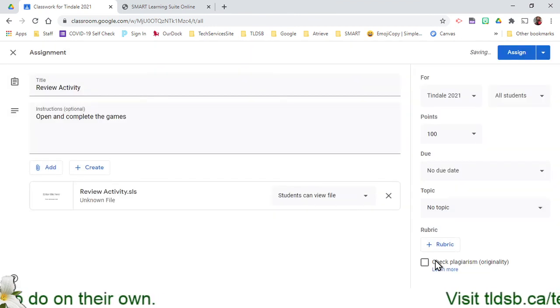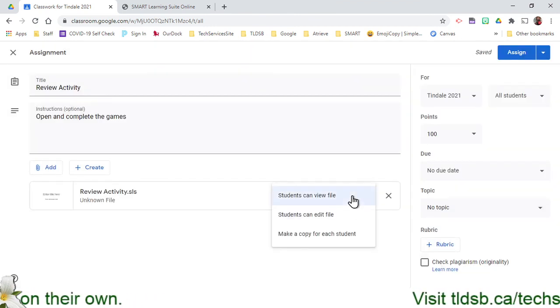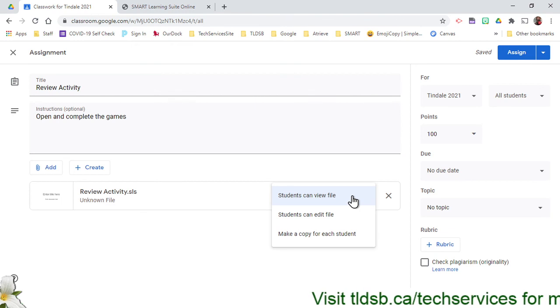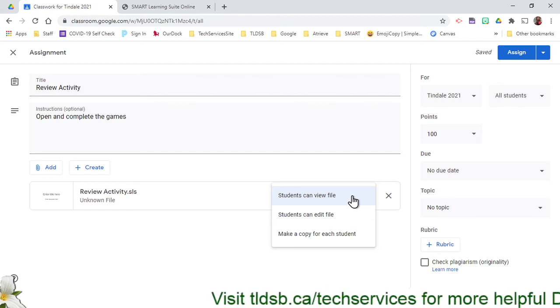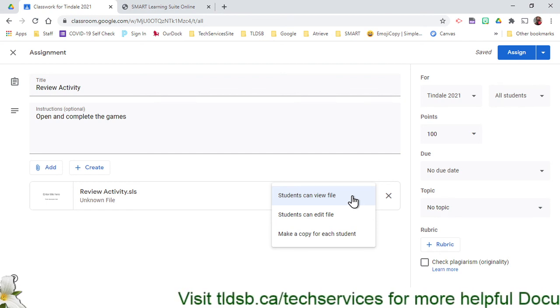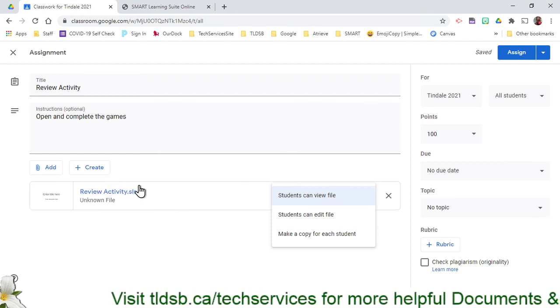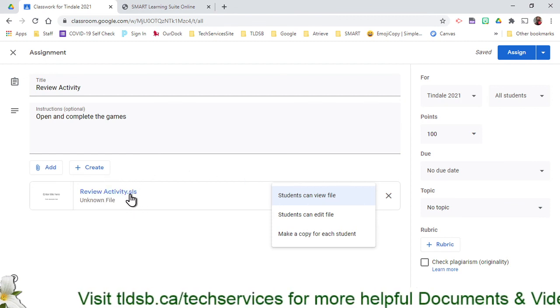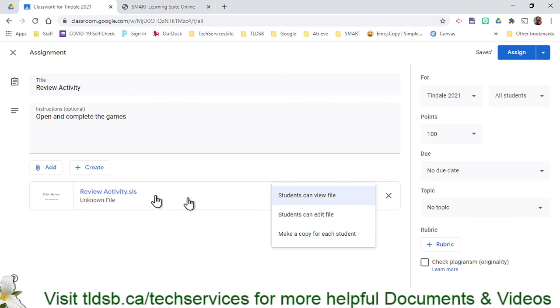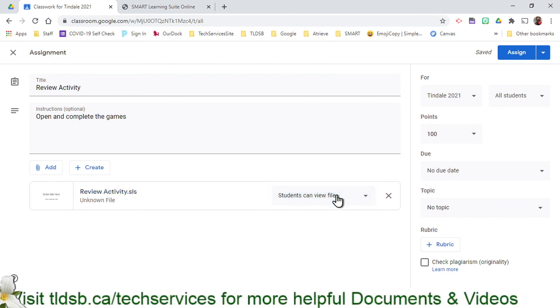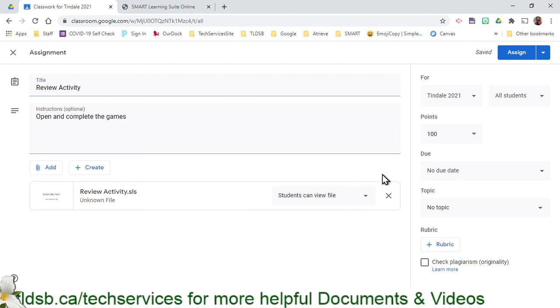And here's where it changes quite a bit. I definitely do not need to make copies for each student. Smart Learning Suite will allow multiple kids to all open the same file at the same time and complete the activities independent of each other without making extra copies of the file. All of the different versions of the student work, they are all saved within that one single file. So in this case, kids can view the file as all I need to give them in order to make